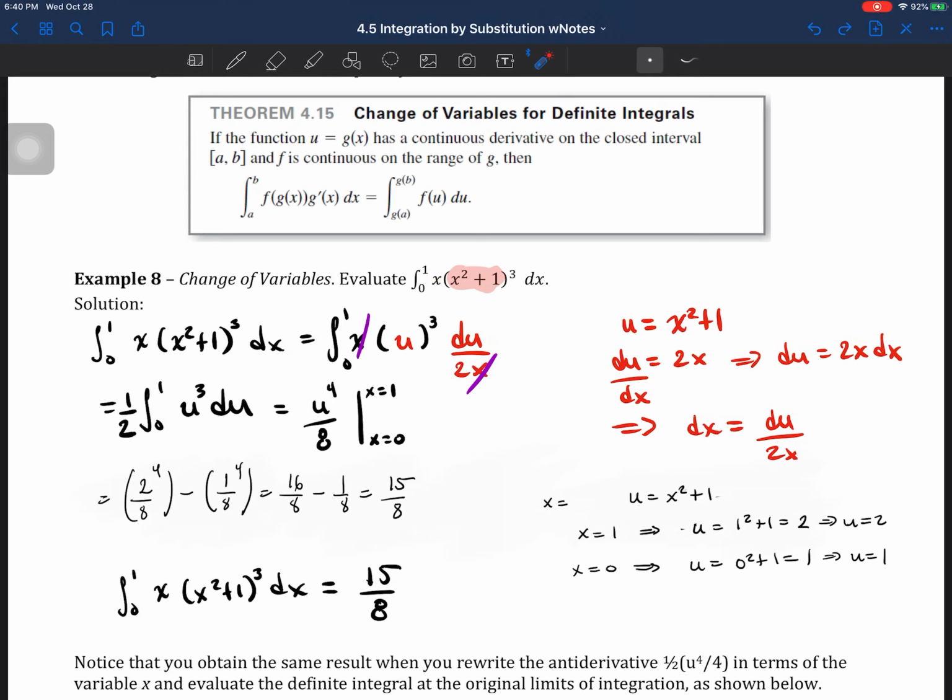We can do this by guessing, but we can also just use u substitution. So that's what I'm going to do. I'm going to change x squared plus 1 to be u, and we're going to leave it to the power of 3. dx is the same thing as du over 2x. Cancel the x's together, and that gives us this new integral. We can apply the power rule for the integral, and that will give us u to the 4 over 8, plug in 1, plug in 0, and this gives us